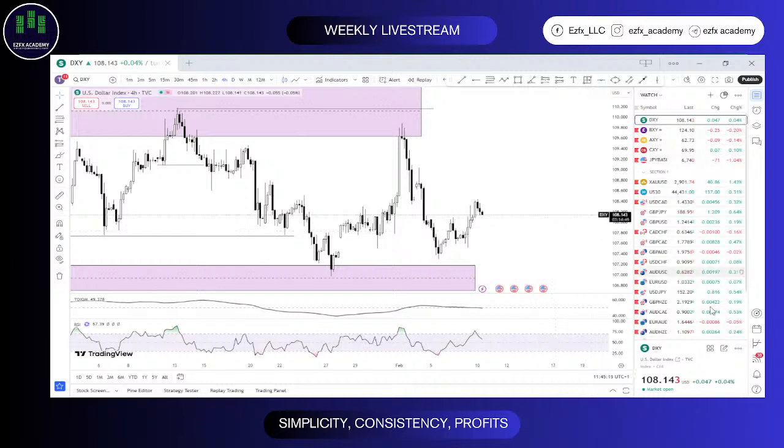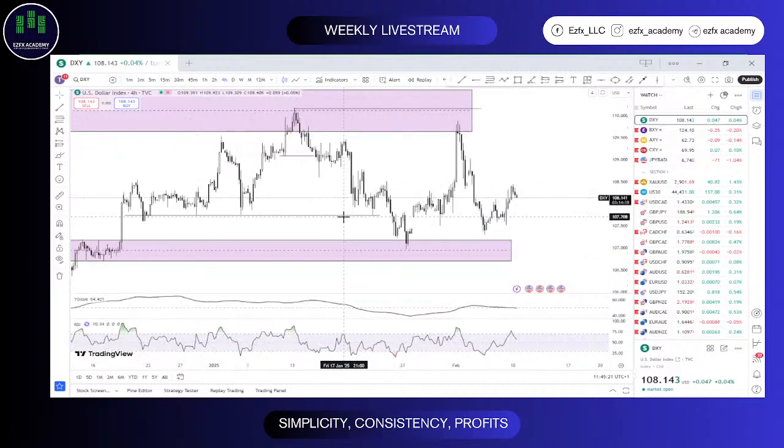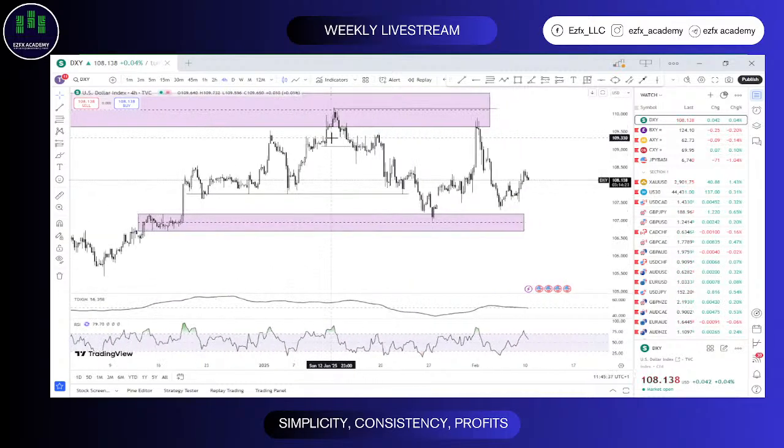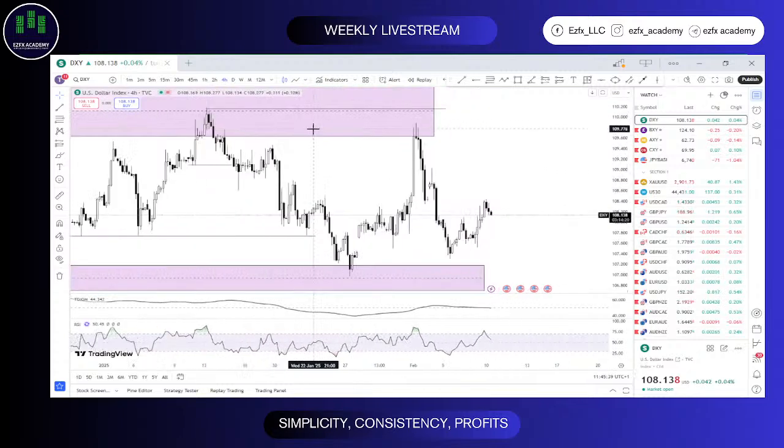So let's go straight into the charts without taking too much time. This is the chart of DXY. I remember saying that last week I was expecting the dollar to get weaker, even though at first I expected some level of strength later on. Throughout last week we got to see the US dollar tank, not that much, but we still got to see a drop. So what should we expect for DXY this week? I think we should see some level of continuation based off of that, but let's look at it together.